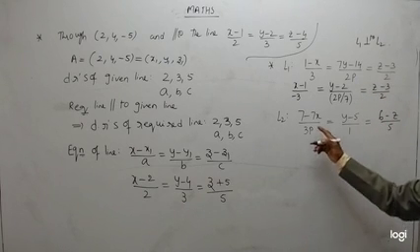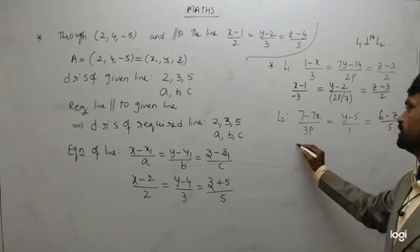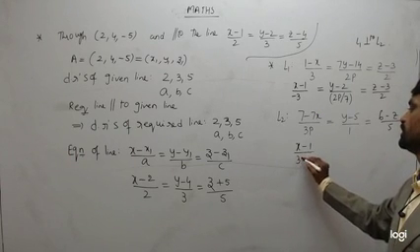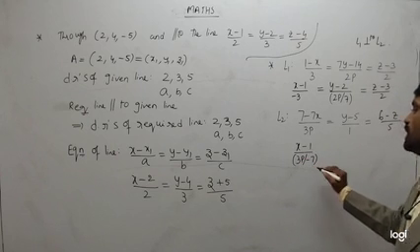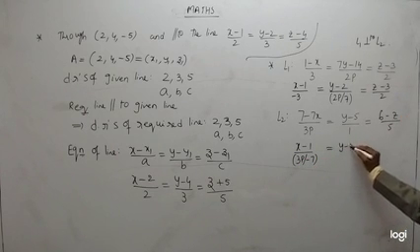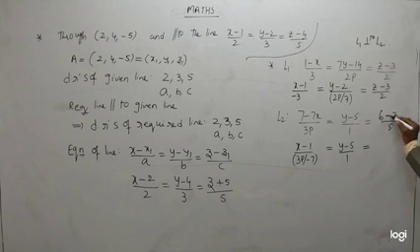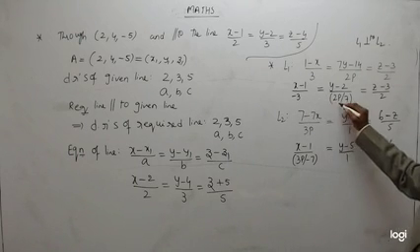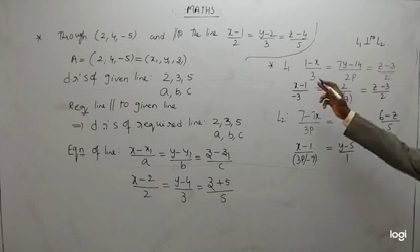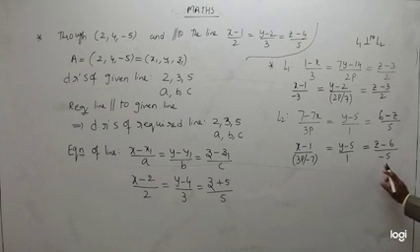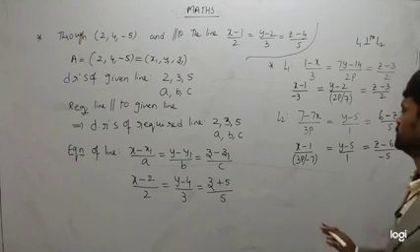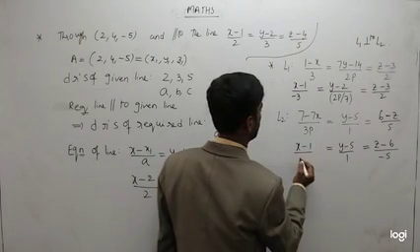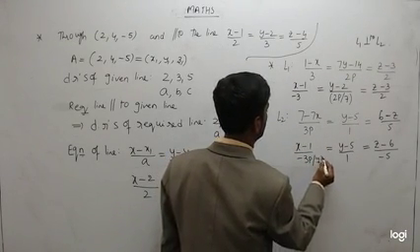Similarly, here also, to make the x coefficient 1, we have to divide by what? Minus 7. Then what will you get? (x minus 1) by 3p by minus 7. Here it is already standard, (y minus 5) by 1. And here to make the z coefficient 1, we have to divide by minus 1. If we divide by minus 1, what will you get? (z minus 6) by 5 by minus 1, which is minus 5. Now minus 3, 2p by 7, 2 are the DRs of line 1. 3p by minus 7, 1, minus 5 are the DRs of line 2. So 3p by minus 7, you can write as minus 3p by 7 also, no problem.